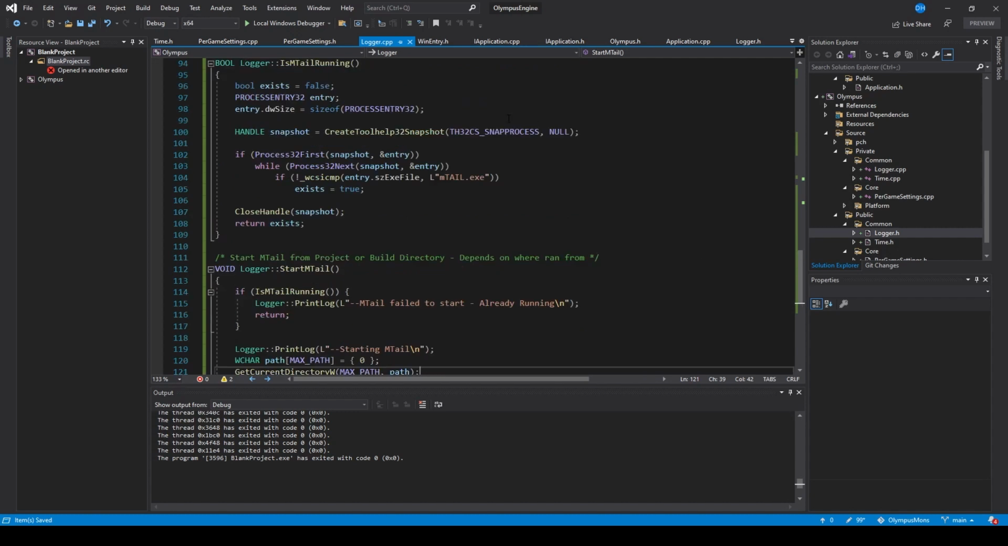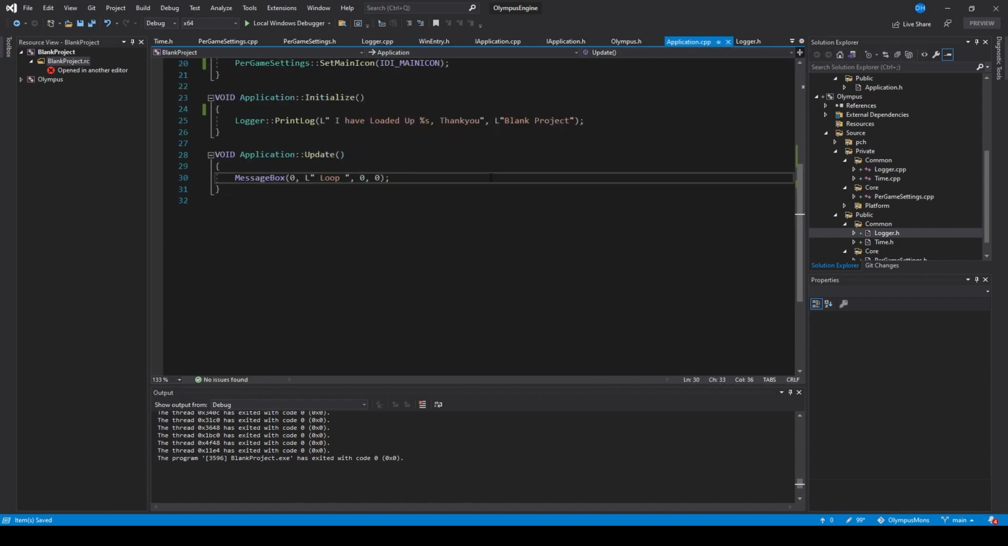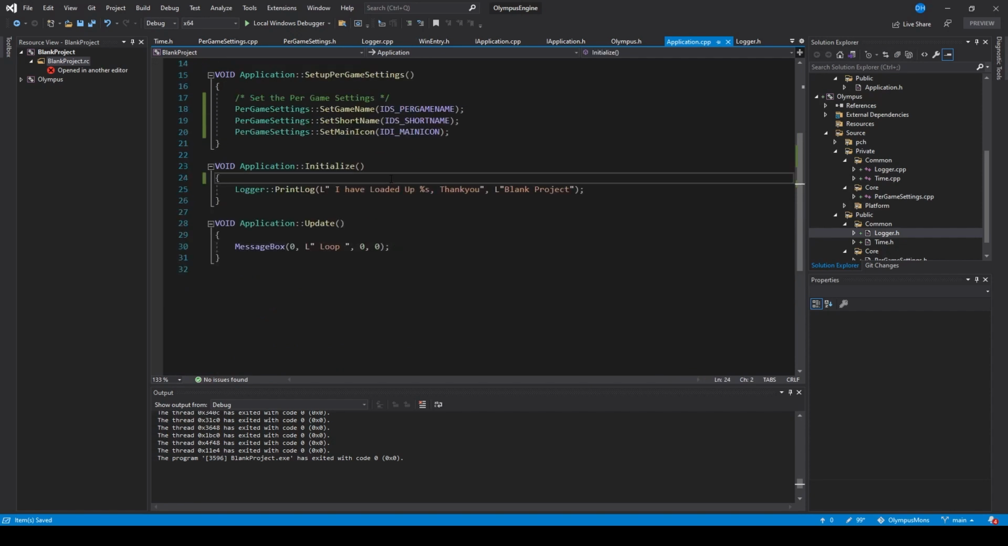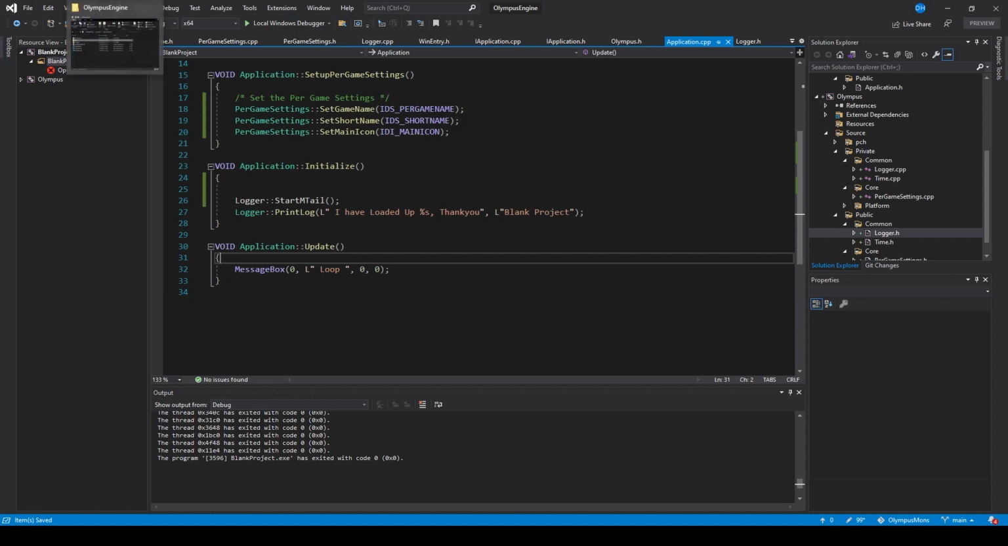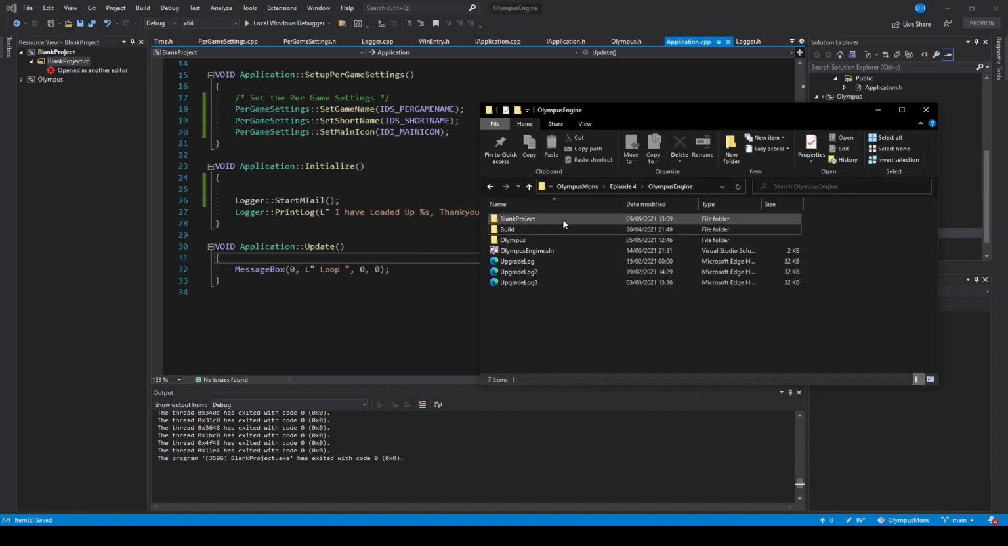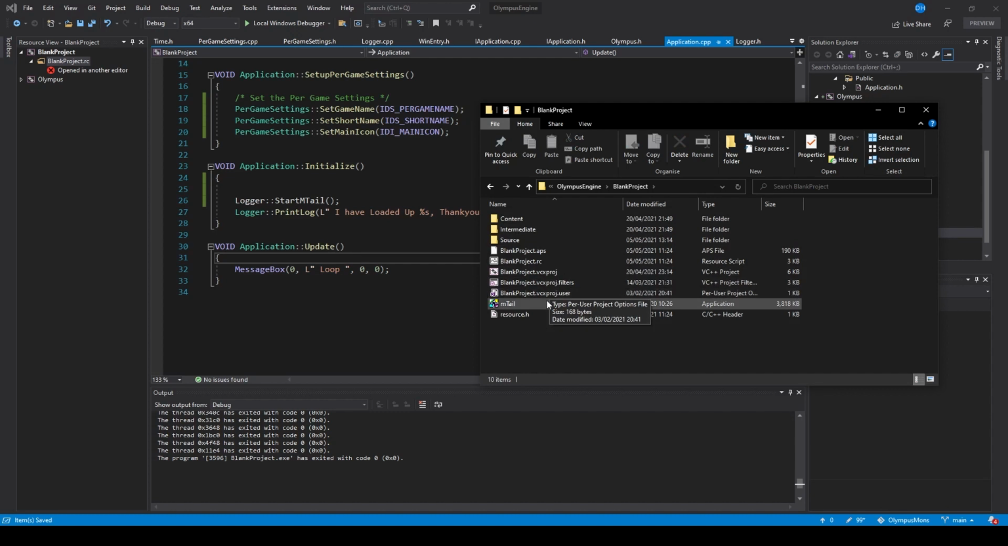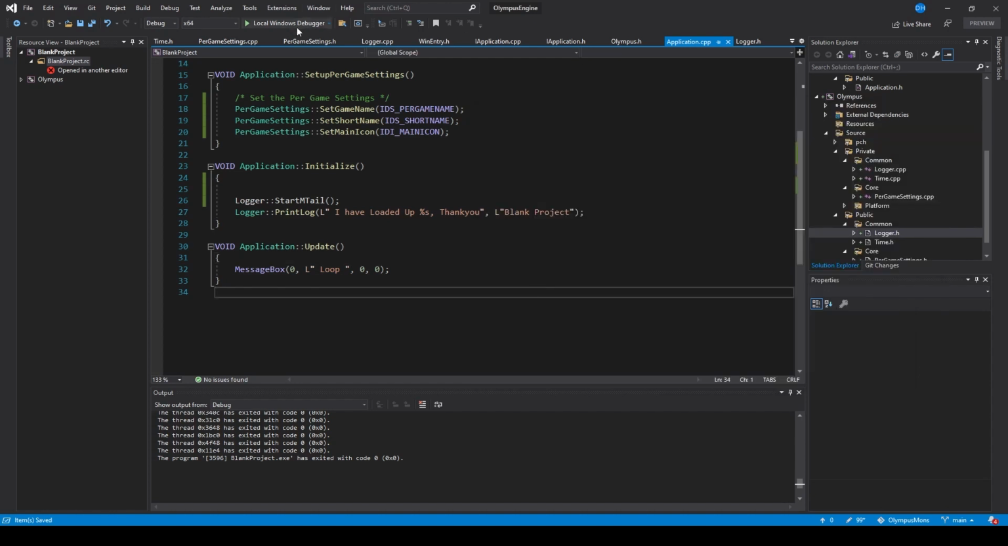Now, if we go back to our application.cpp, this is the one for our project itself, and we go to initialize, we can just now go logger.startMTail. We need to have the MTail program active or onto our build project to be able to run it, and included inside the GitHub file you'll find this. If we come to our blank project file and you come down to the bottom, I've actually included MTail in with the build. It's just a single application with no includes, but it does give us a great benefit. Great benefit of that is that when we run this program,